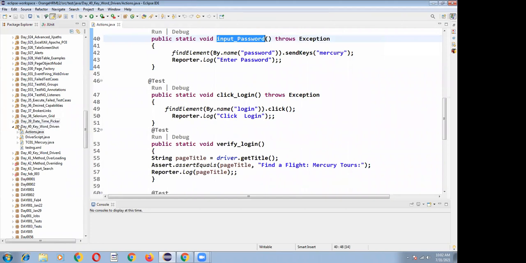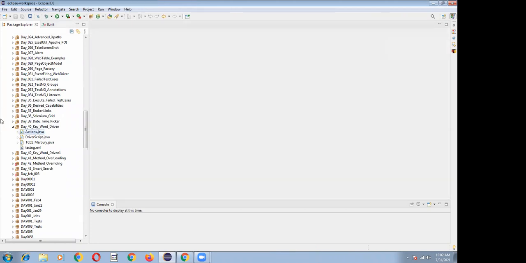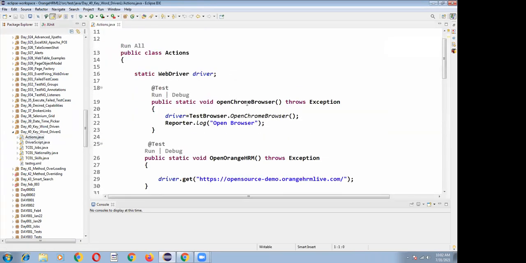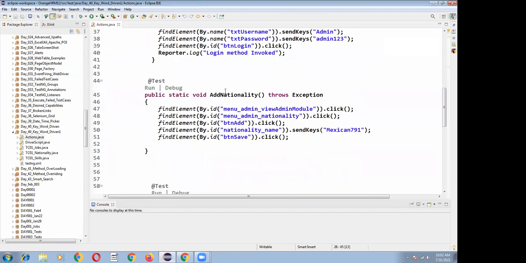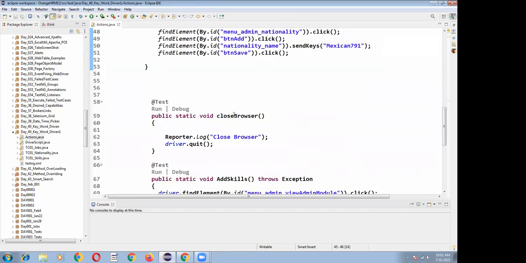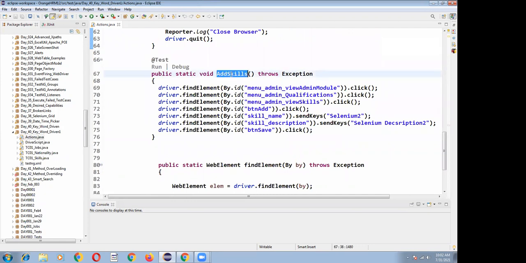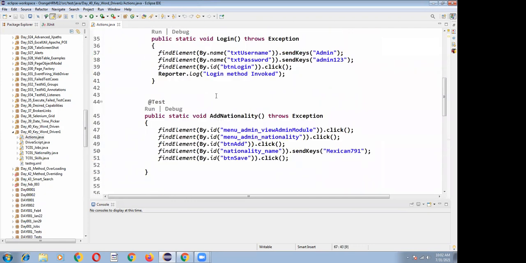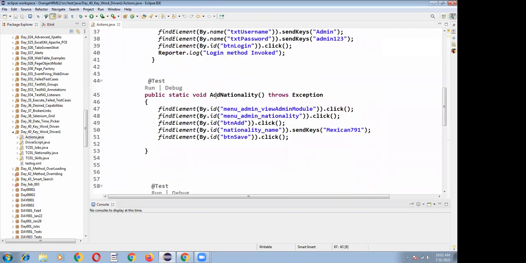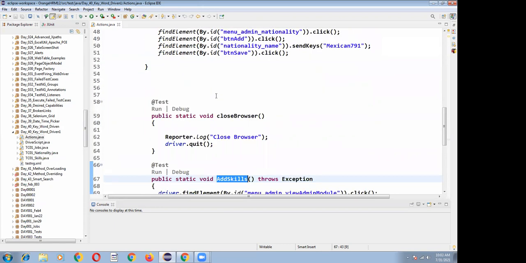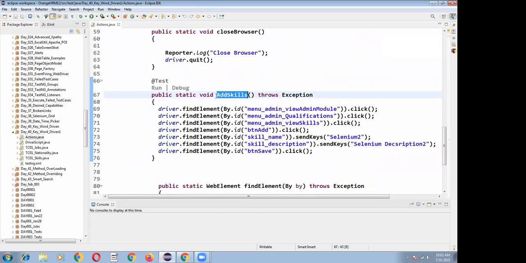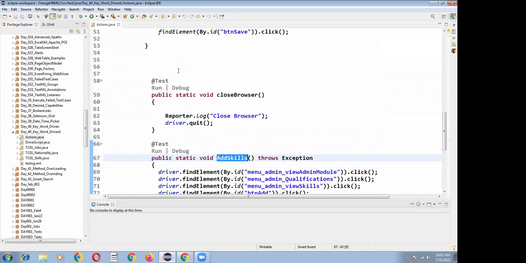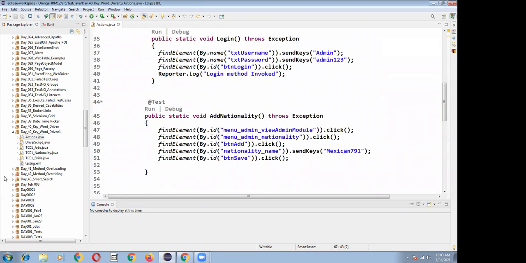So my actions class contains the open Chrome browser method, open Orange HRM, login method, add nationality method, close browser, and add skills method. All the application related methods I have written in my actions.java.